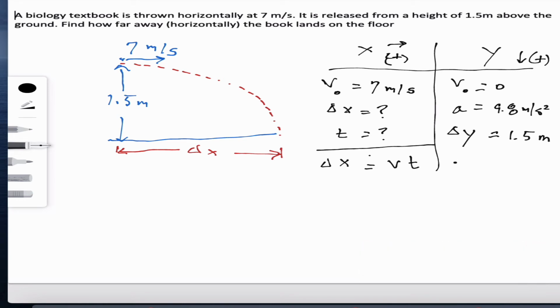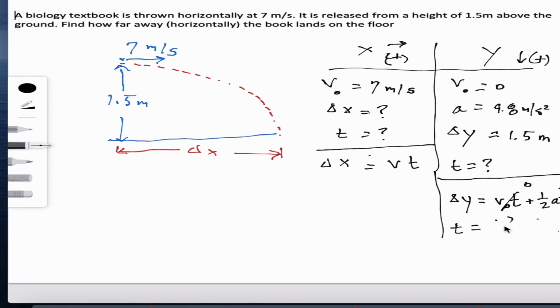Now it would be helpful to find time so that we could plug that back into our horizontal motion and figure the horizontal displacement. Delta y equals v naught t plus 1/2 a t squared. And we're solving for time, so let's rearrange this in terms of time. It's equal to the square root of 2 delta y over acceleration. We get a value of t equal to 0.55 seconds,